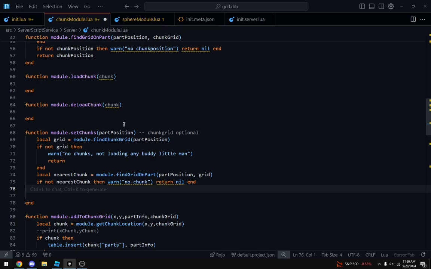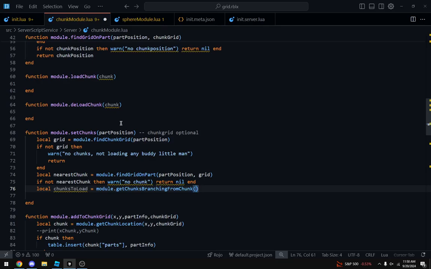So let's do local chunks to load equals module.get chunks from branching from chunk.